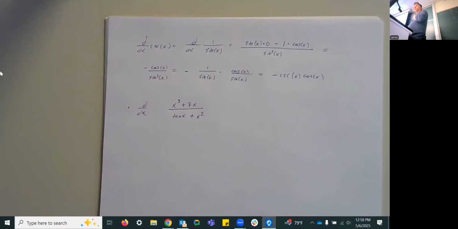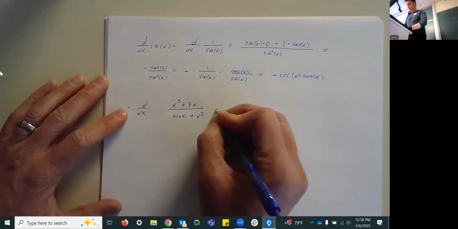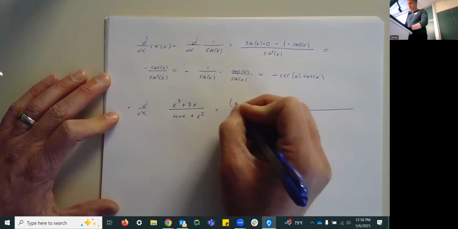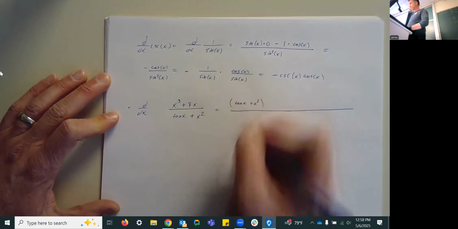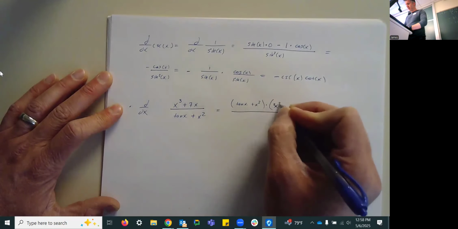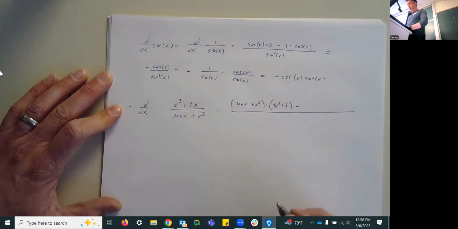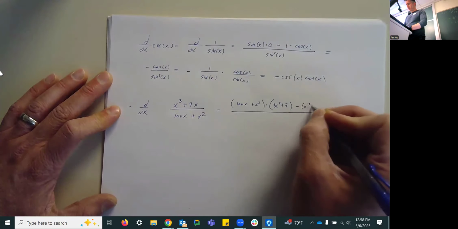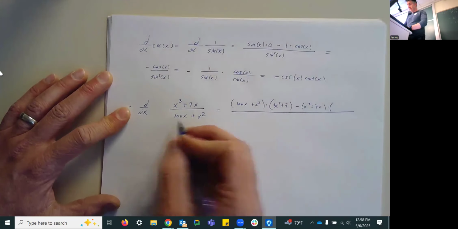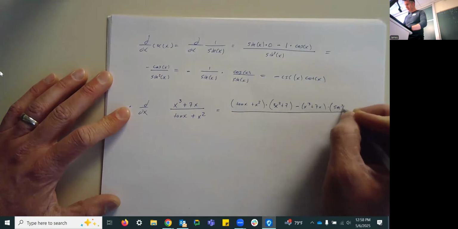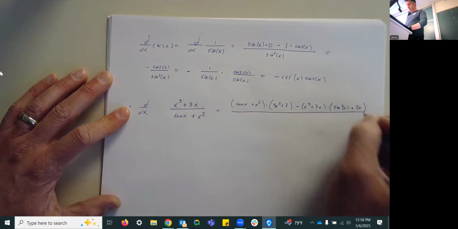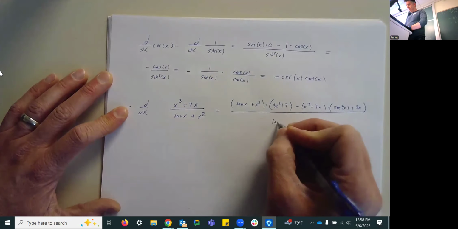And then we could throw the quotient rule at it and say, okay, well, it's going to be the bottom, tangent of x plus x squared, times the derivative of the top, 3x squared plus 7, minus the top, x cubed plus 7x, times the derivative of the bottom, which is going to be the derivative of tangent x, which is secant squared of x, plus the derivative of x squared, which is 2x, all divided by the denominator